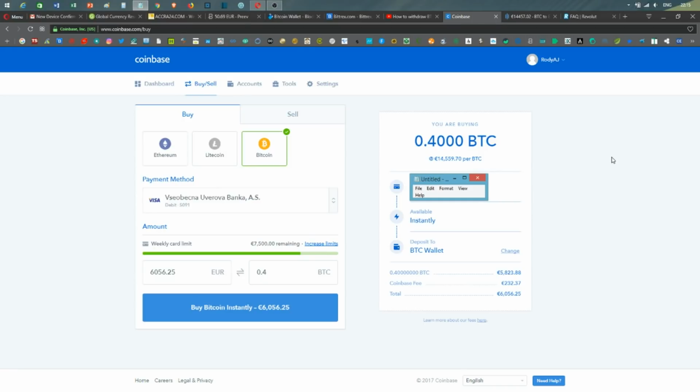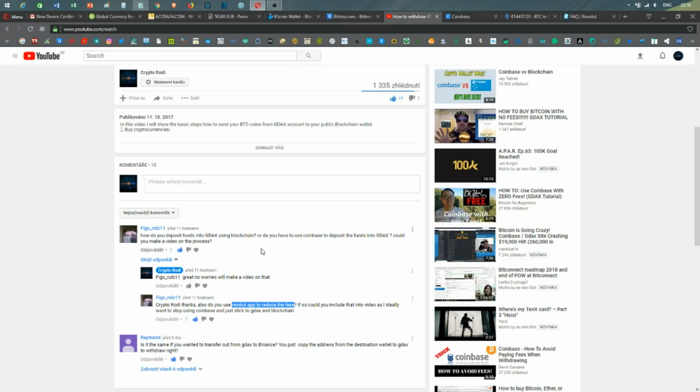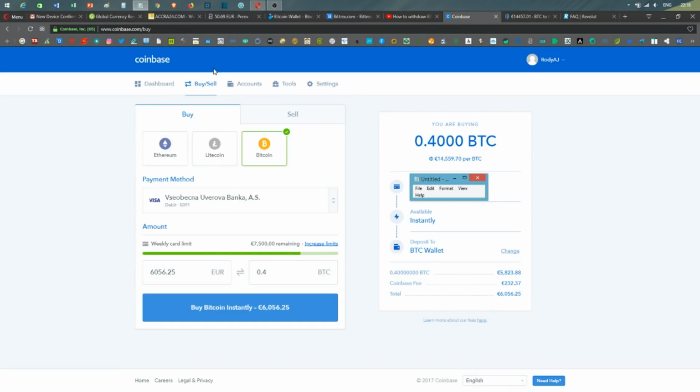I'm going to give you some basic information on Coinbase and Gdax, actually the relationship between these two platforms, and I'm going to talk a little more about that. I've been getting questions on how to withdraw funds from Gdax, and how to deposit funds onto Gdax, and so on and so forth. And I think it will be good for me to just give you a whole picture in one, so that you can easily figure out what the relationship between these two is